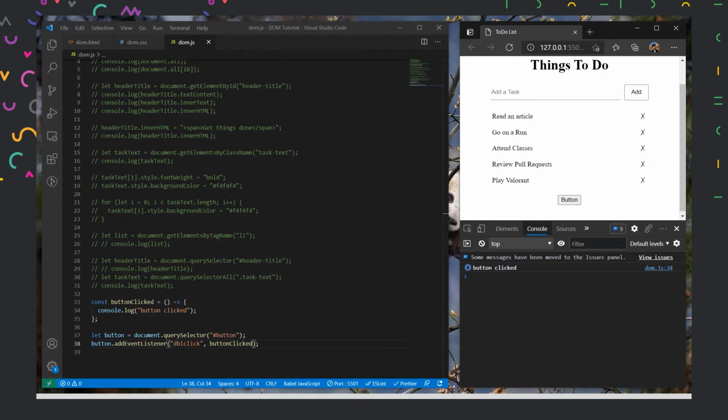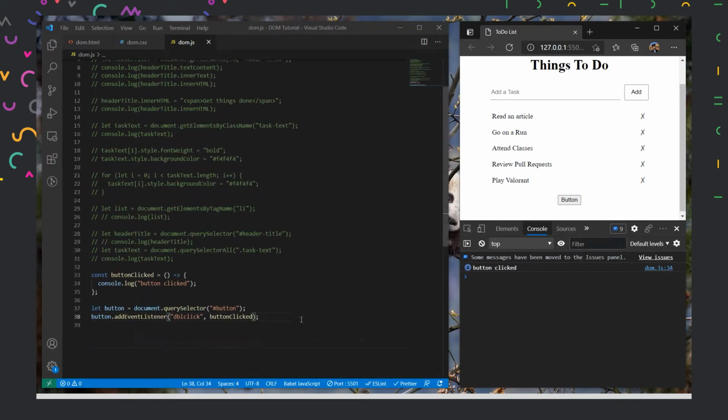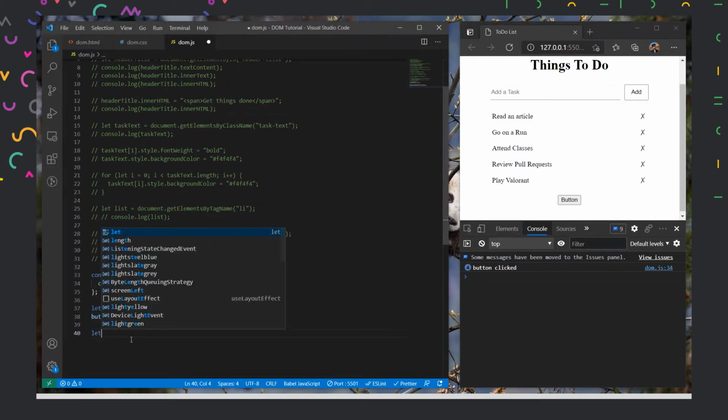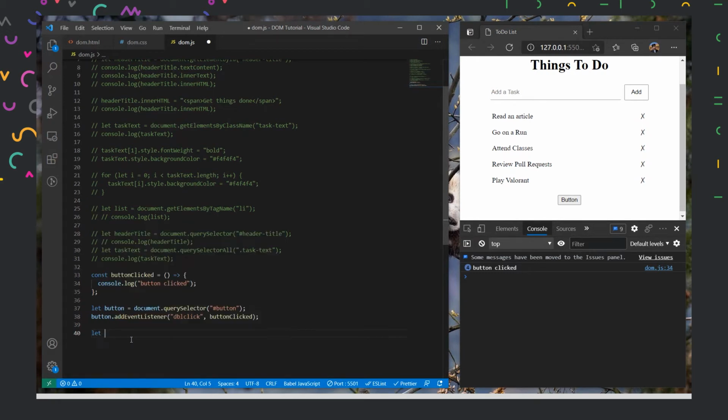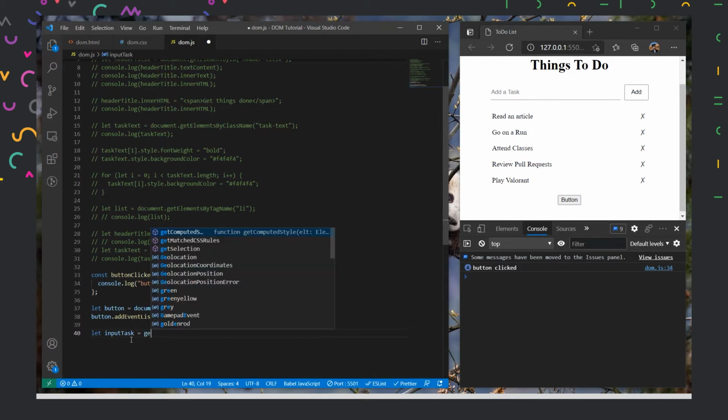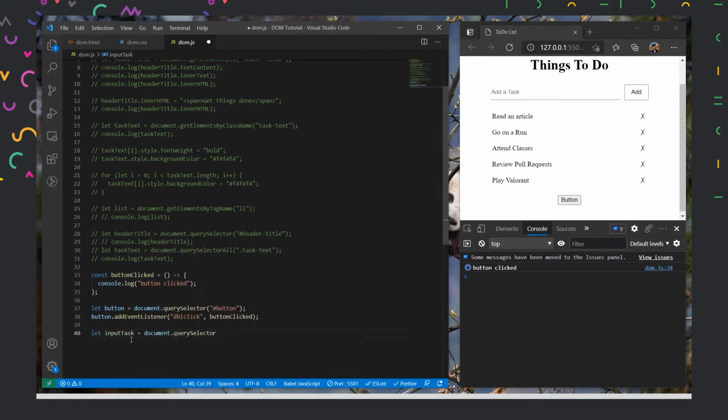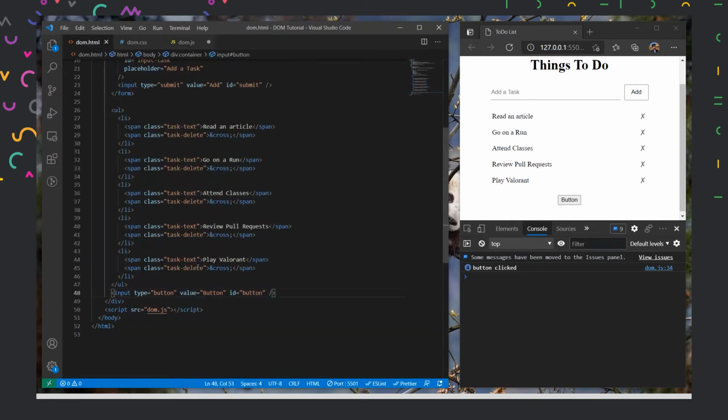Or let's say I don't want the button to be clicked every time. I want keyboard interactions to take place. So for that, let's say I can type something over here. First of all, I'll select this input, and let us see how we can select it.